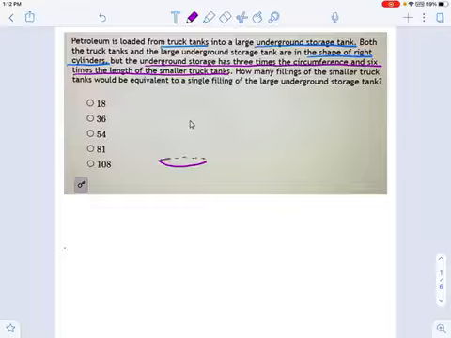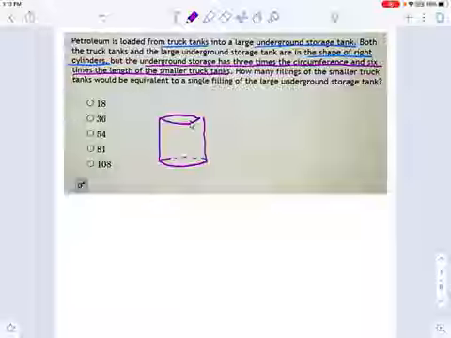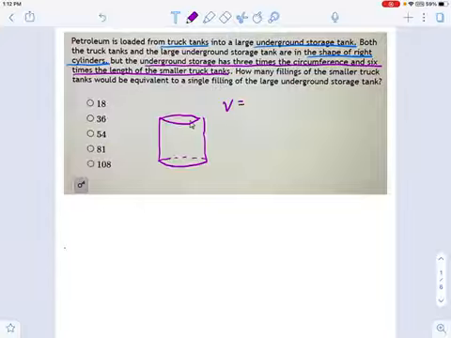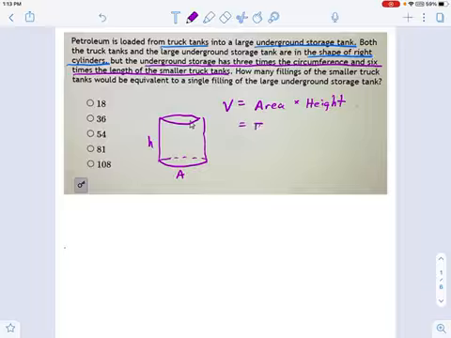Here's what we're dealing with here. This is a cylinder. This is not great artwork, but that's roughly what we're dealing with. And the volume of a cylinder is equal to the area times the height, or the area times the length, however you like to call it. Well, the area is related to a circle, right? The ends of a cylinder are circles. What I can say is this is pi r squared times h. That's the formula for the volume of a cylinder. We're going to need that.